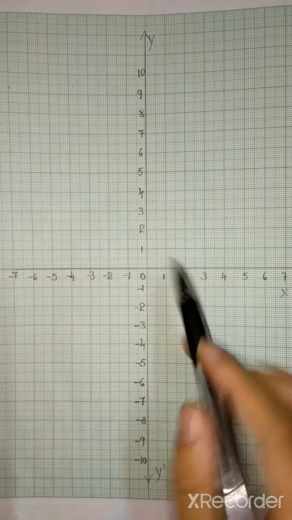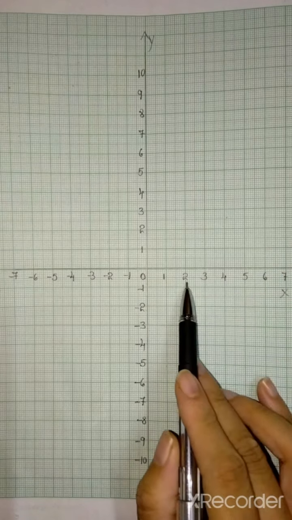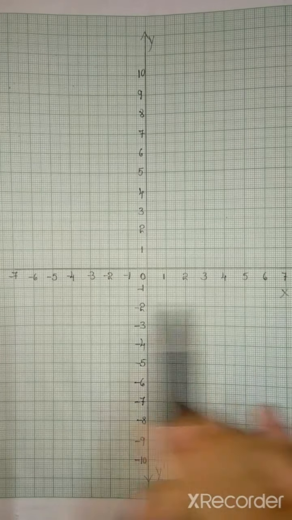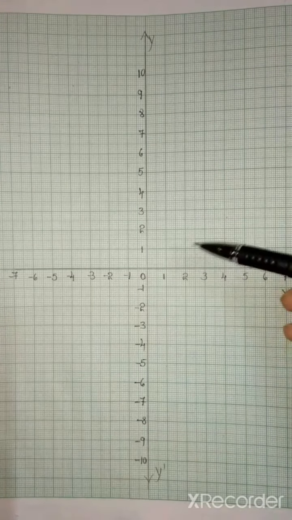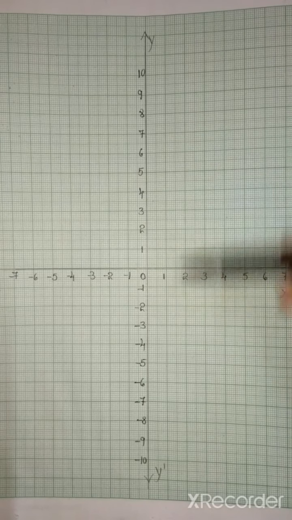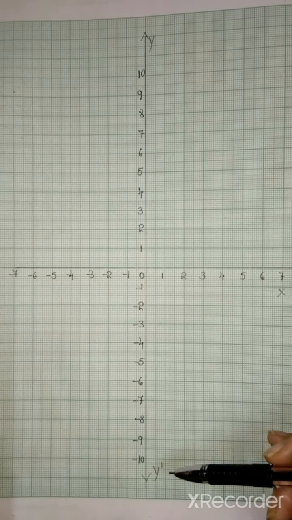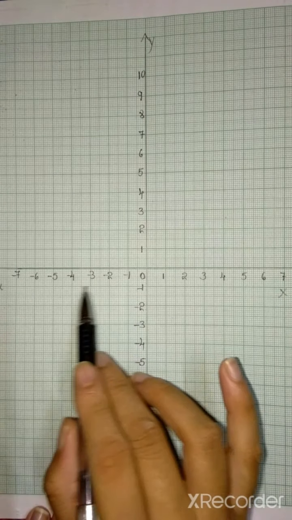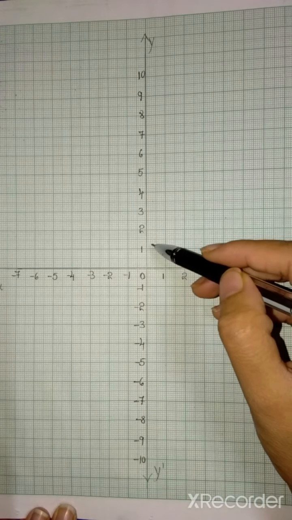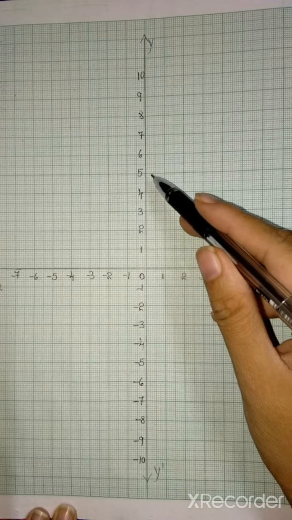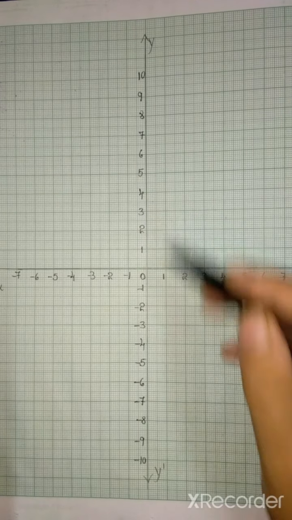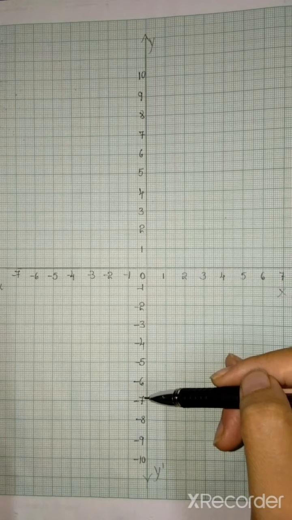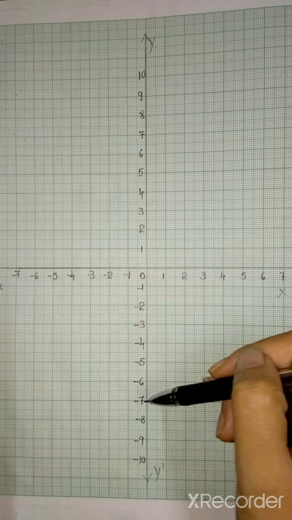This is x axis and this is y axis. So this positive side is x and negative side is x dash, and here positive side is y and negative side is y dash. So I'm taking from the 0 here 1 2 3, and this -1 -2, that type, and on the y side is 1 2 3 and here minus integer, so negative integer.